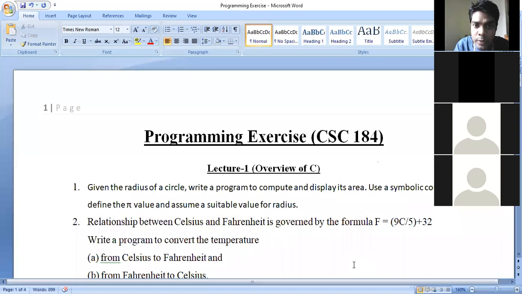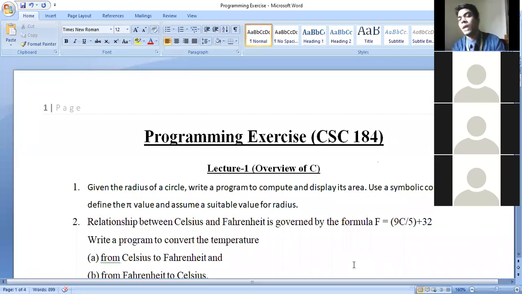Sir, will you not modify programs from chapter 7, 8, 9? Guys, don't worry. I'm going to give you minor modifications, as I already mentioned. If in this Word document we have a problem like adding 2 numbers, I might tell you to add 3 numbers. Instead of addition, I can tell you multiplication. At least you have the common sense that you have to change the operator. We might have to pass one extra parameter like this. Don't worry, from the last 3 chapters I'm going to ask you a very easy question.